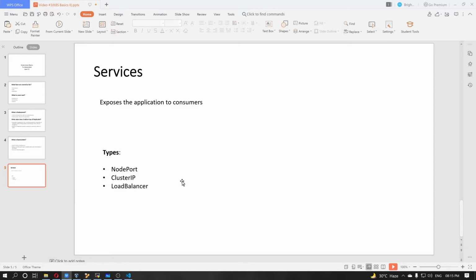There are mainly 3 types of services that we come across: NodePort, ClusterIP and LoadBalancer. Unfortunately, since I have this entire setup in my local system, I cannot show you the LoadBalancer service type, because LoadBalancer is more of a cloud native approach. So if you are hosting your Kubernetes cluster in AKS in Azure, EKS in AWS, or GKE in Google Cloud,